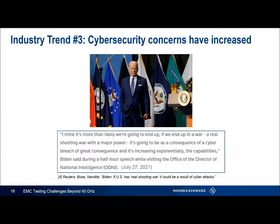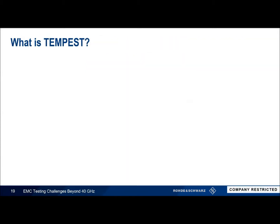And this is true. As we look in industry, I'm sure everyone's aware of big companies like Target getting hacked, and there's just a lot of different concerns that are related to cybersecurity. And one thing in the EMC world I mentioned earlier is TEMPEST testing. You know, the idea of it's not enough to know that there's energy at a place it shouldn't be. I actually want to do something potentially nefarious with that emission. And so if you go look at this, if you haven't heard of TEMPEST and you want to research what